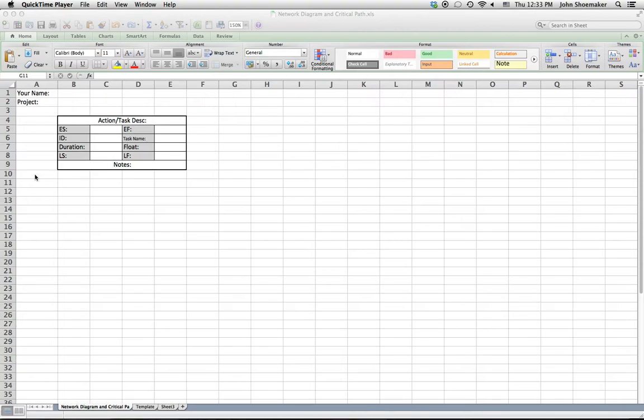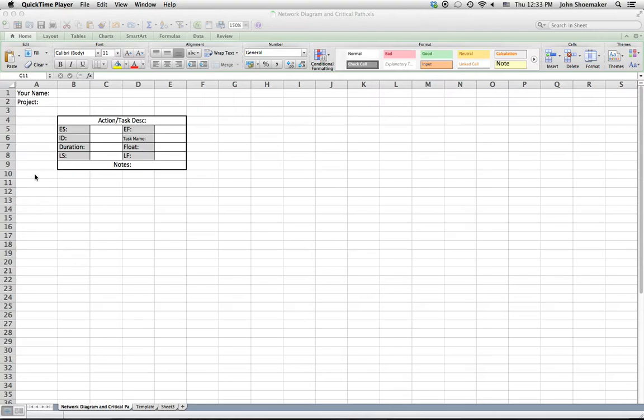Now, let me say first of all that as a practicing project manager, I'm not going to do something like this. I'm going to use some project management software, which is going to make the task very quick and easy. But the reason why we have you do this by hand is so that you can understand the basic principles behind it, particularly the concepts of sequence,